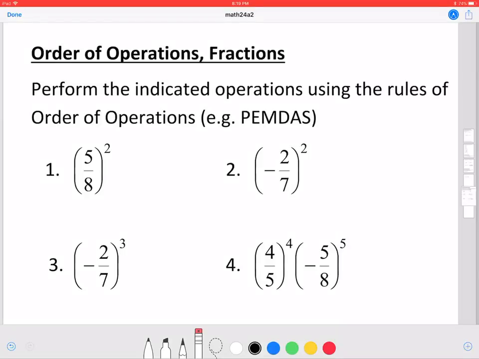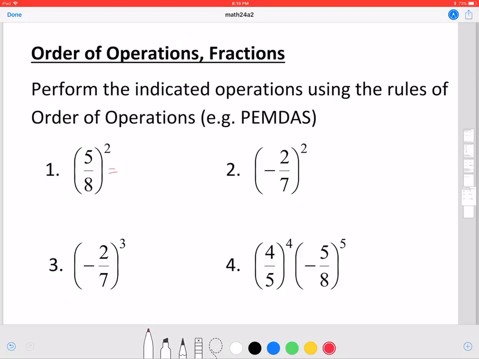In this video, we will discuss the order of operations, but as you can see, the problems involve fractions. All right, let's start. Number one, this has a fraction 5/8 raised to a second power, and hope you remember